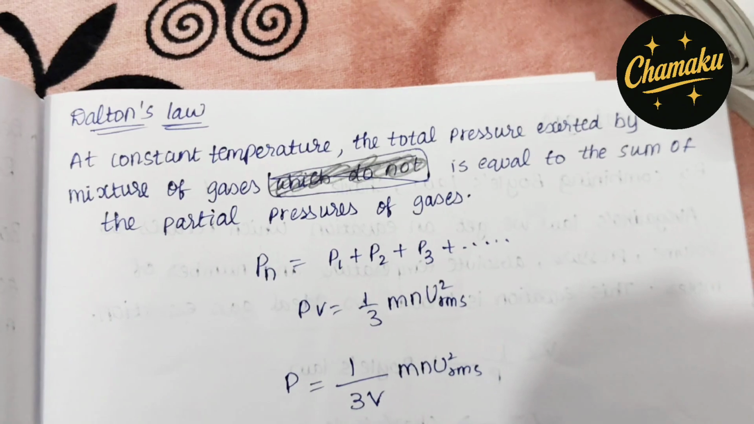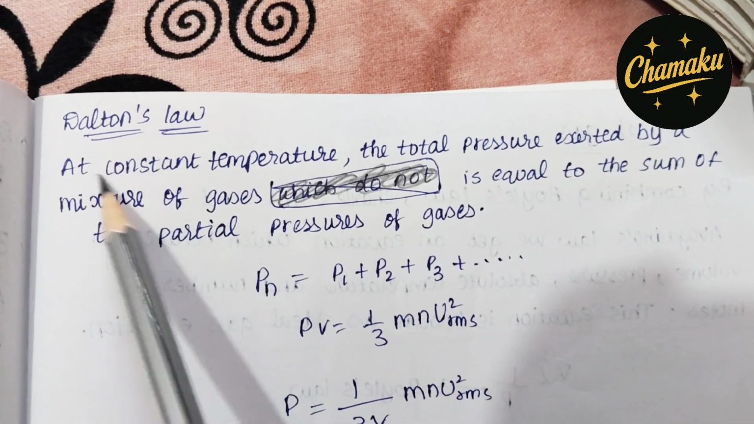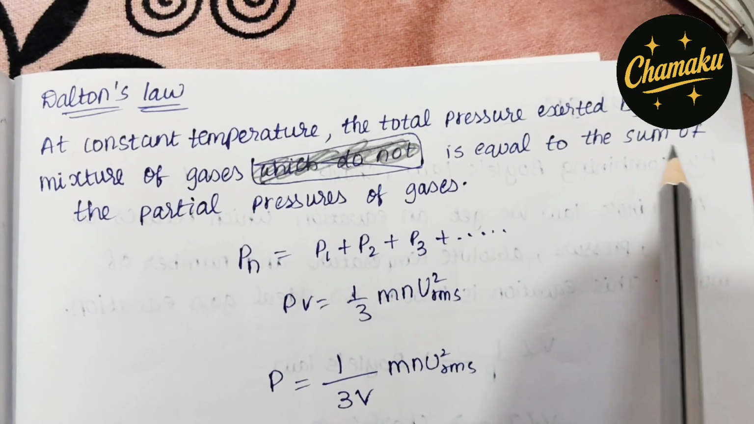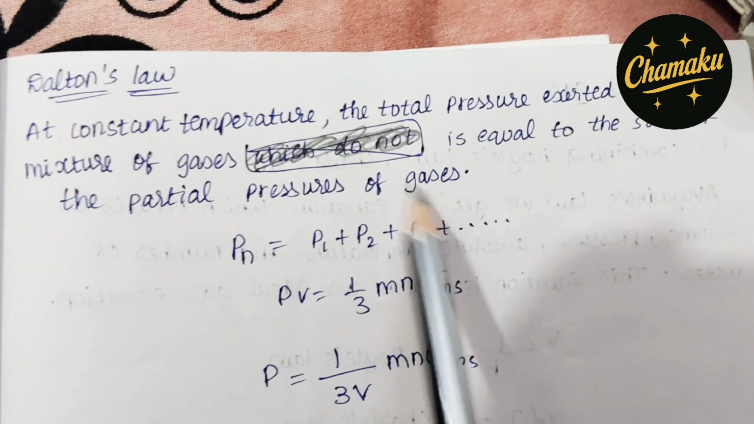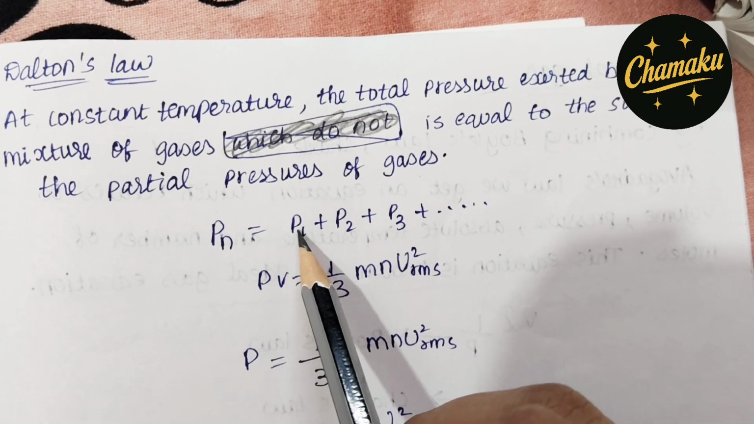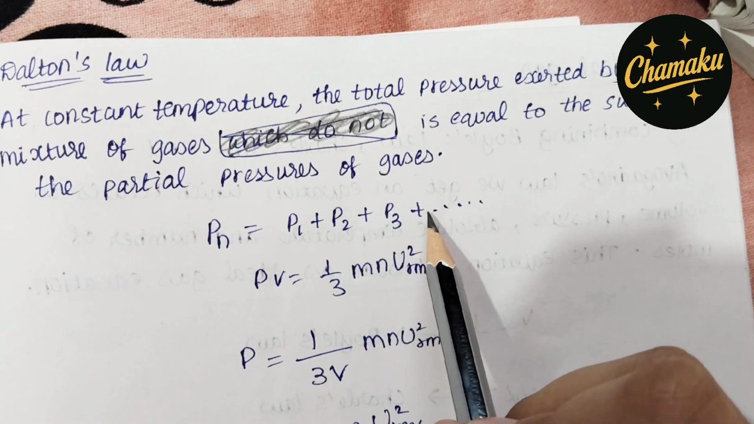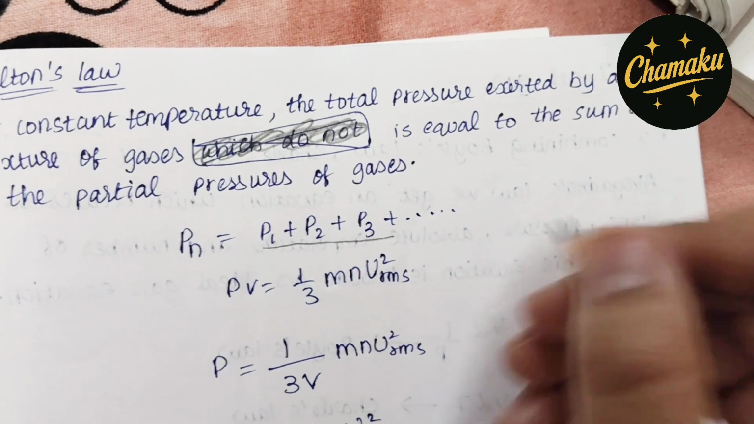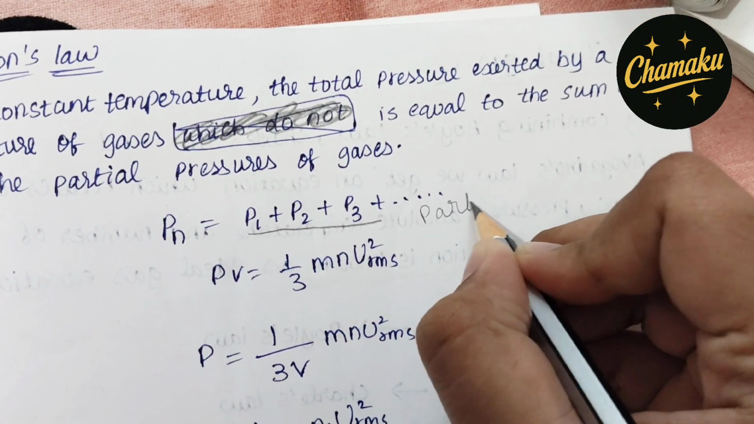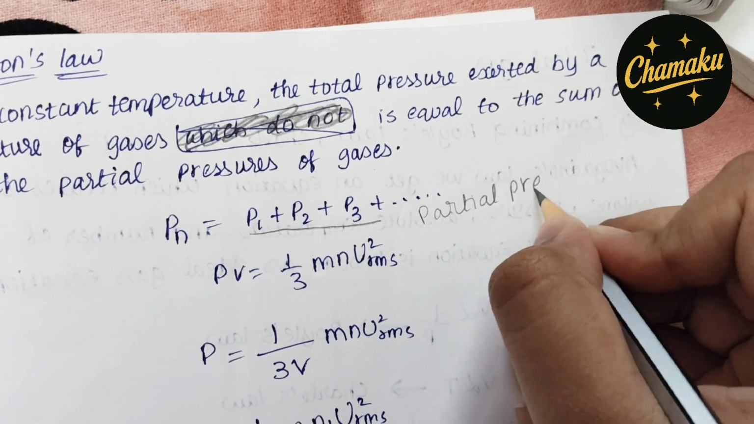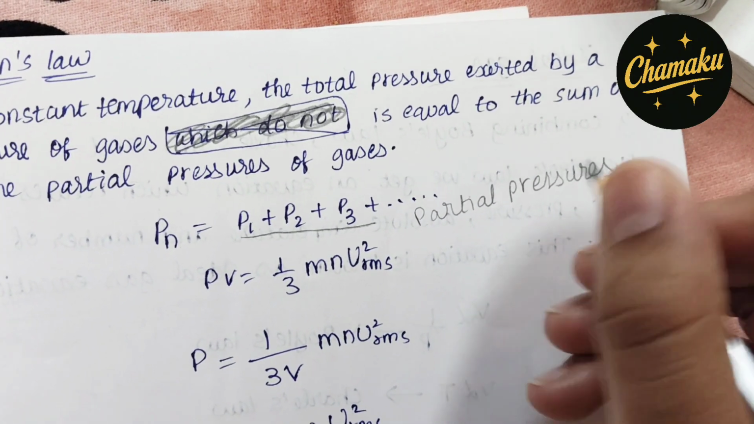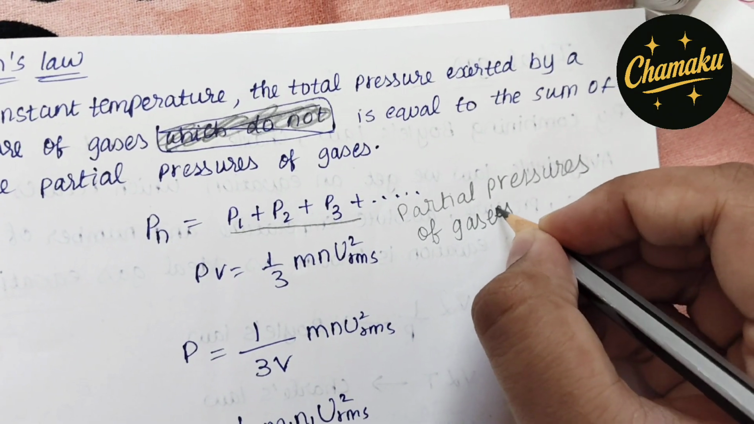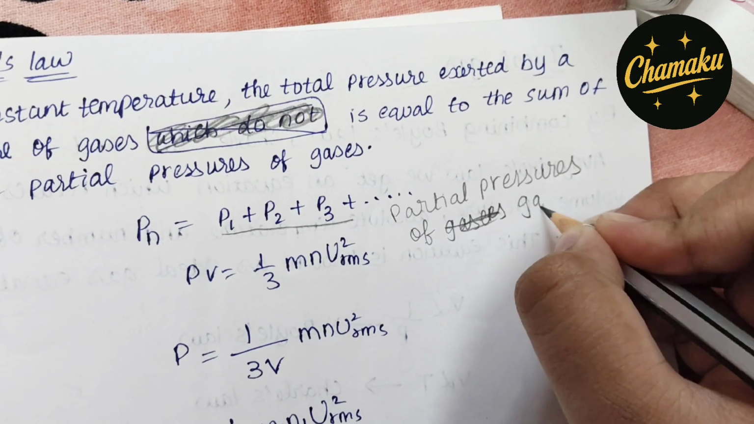Now coming to Dalton's law. What is Dalton's law? At constant temperature, the total pressure exerted by a mixture of gases is equal to the sum of the partial pressures of gases. So P is equal to P1 plus P2 plus P3 and so on. These P1 plus P2 plus P3 are nothing but partial pressures of gases. Okay,